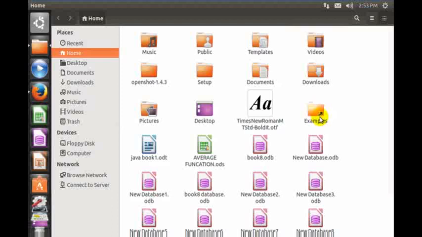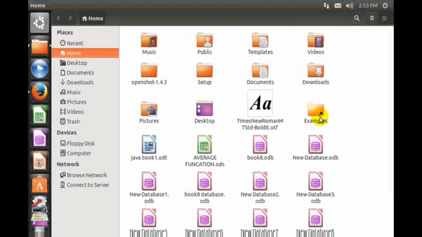You can customize the mouse settings in various ways, such as changing the functions of your mouse buttons or altering the scroll speed of the mouse pointer. To change the settings of your mouse, click on the Session Indicator icon and select the System Settings option from the displayed list. The System Settings application window opens. Select the Mouse and Touchpad icon under Hardware category. The Mouse and Touchpad dialog box appears as shown in the figure.